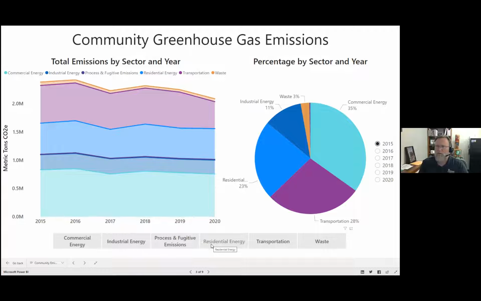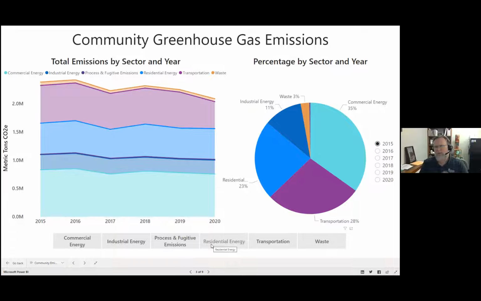And there's a few different utilities providing that electricity. Depending on what technology those utilities use to generate that electricity, they're going to have different rates of emissions. So a utility that uses a higher proportion of renewable, zero carbon technologies is going to have a lower emissions factor. So each kilowatt hour that's generated is going to emit fewer tons of carbon dioxide. So that's primarily how we do the energy side.